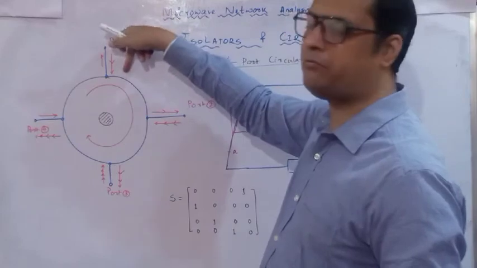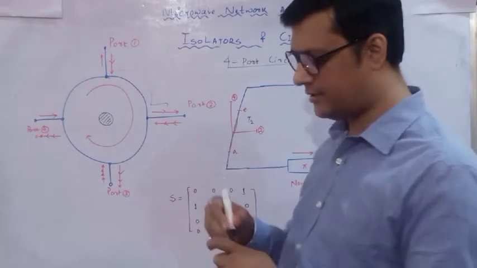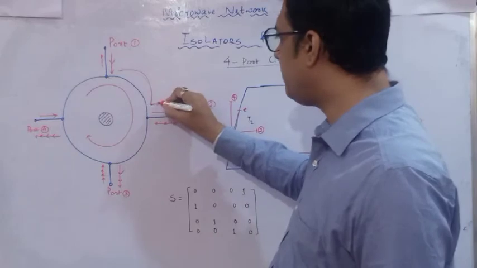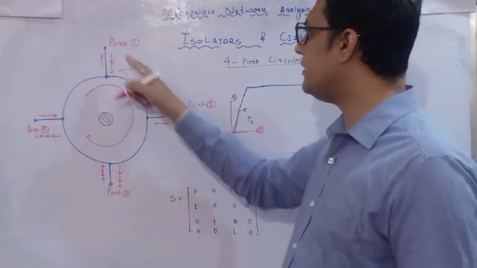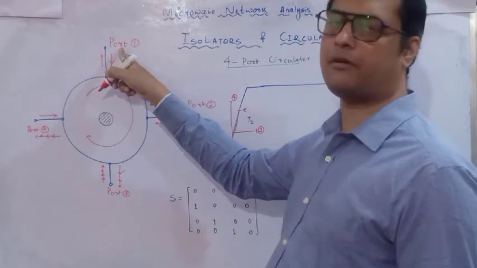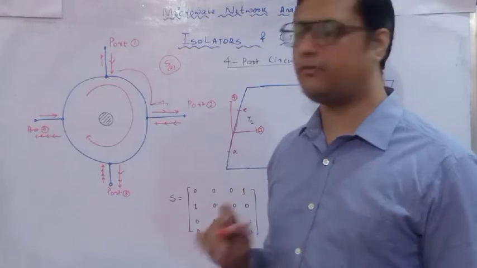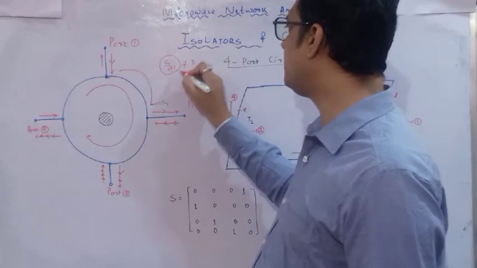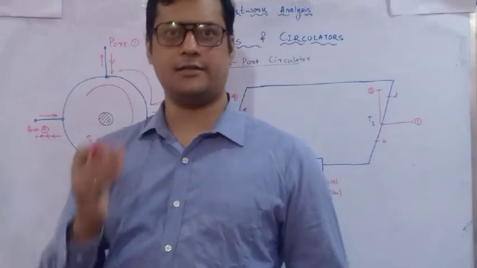If the power is fed at port 1, the output power we are going to observe is at port 2, not at port 4, because of the unidirectional path. As I told you with respect to the isolator, if I provide power from 1 to 2, I will have only the S21 parameter, not S12. S12 means reflected from 2 to 1, so S12 is not nonzero; S12 is equal to 0. Like that you can analyze. So it is a unidirectional path.